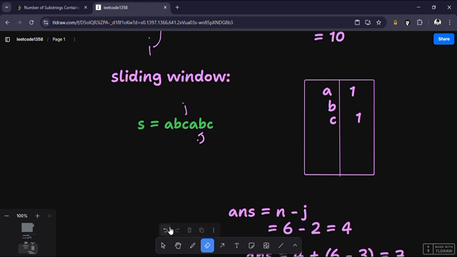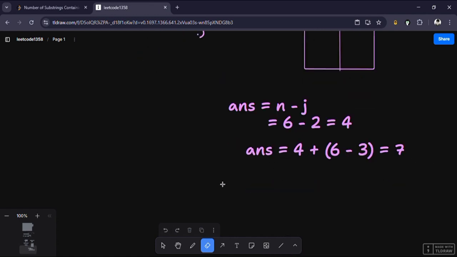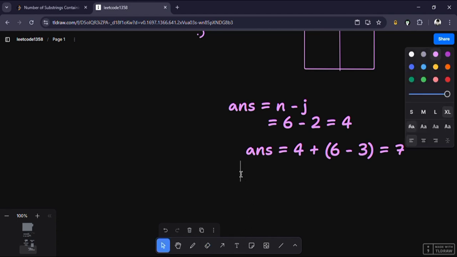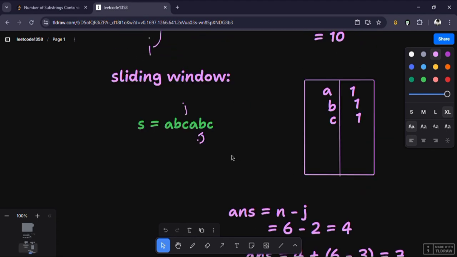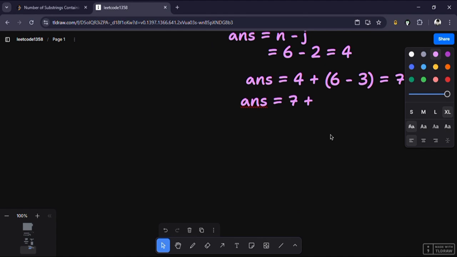Now see, this is a valid window. Now I will have to again update my answer. So my answer will be equal to 7 plus, previously it was 7, and now j is pointing to 4 index. So my answer will be equal to n, that is 6 minus 4, which is equal to 7 plus 2, which is equal to 9, right? My answer is 9. Now again go to the next window,